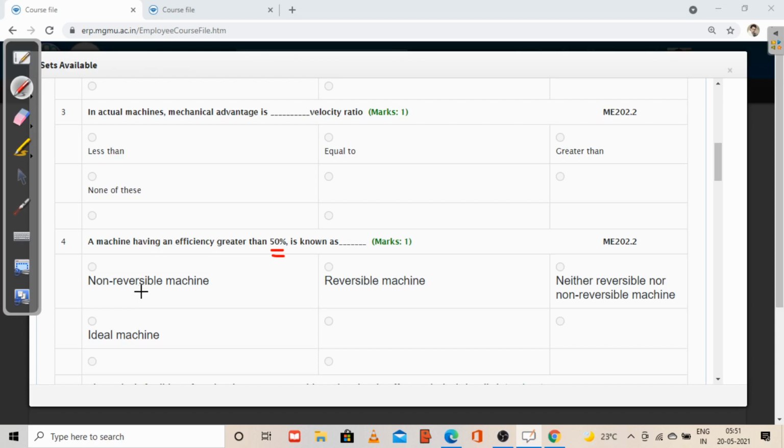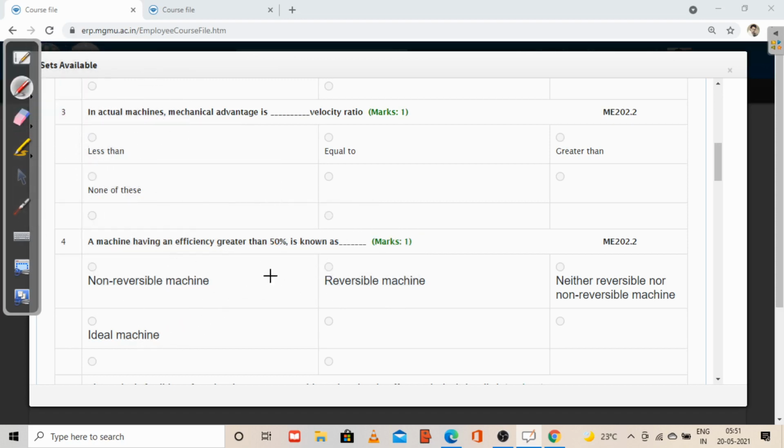Okay, also we can divide it on the basis of efficiency. If efficiency is less than 50%, that machine is called a non-reversible machine. And a machine having an efficiency greater than, now they're asking greater than, a machine which is having less than 50% is a non-reversible machine, and a machine which is having efficiency greater than 50% is a reversible machine. Okay, so the right answer will be